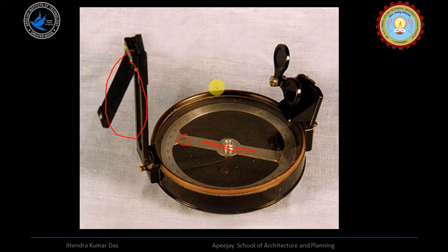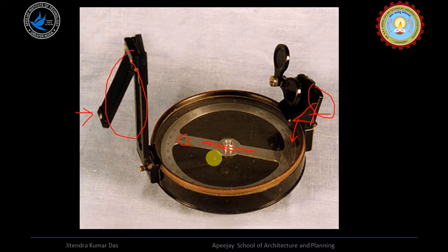Here you can see the object vane, and this is the eye vane, and this is an inverted prism, where the eye may be placed, and through it we see the reading. Whatever reading comes, we can see through this with our eyes, and these are glare mirrors. Suppose there is a huge glare in front, in that case these glare mirrors may be used to take the proper measurements.